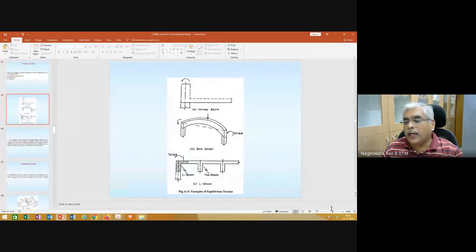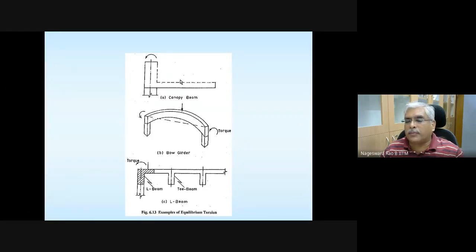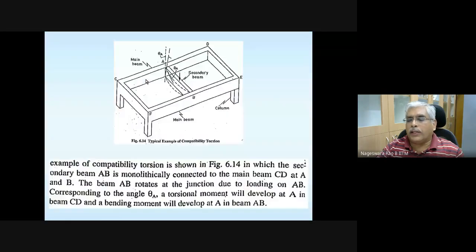This is what you can look at, the first figure. So this is your beam, and a cantilever slab is projecting from the beam. Okay, so you can just take a note of this figure and then look at the description of the problem. So this is the slab, cantilever slab, which is cast in a monolithic manner with the beam, so they are cast together, and this is the rectangular beam. Okay, so this is what you need to visualize.